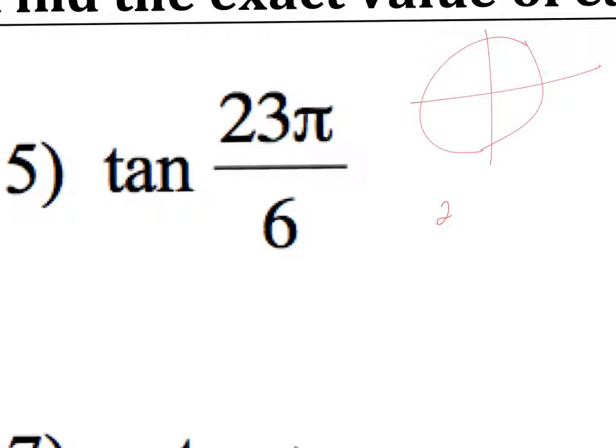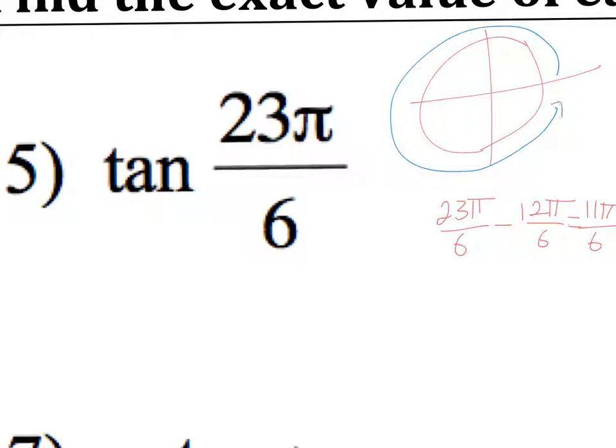I know that 23 pi over 6 minus 2 pi, or 12 pi over 6, is going to be 11 pi over 6. That's an angle that I'm comfortable with, because that, my friends, is a unit circle angle. We are down here. We know that this is a pi over 6 family, so this is going to be a 30, 60, 90. So if I set up my triangle,